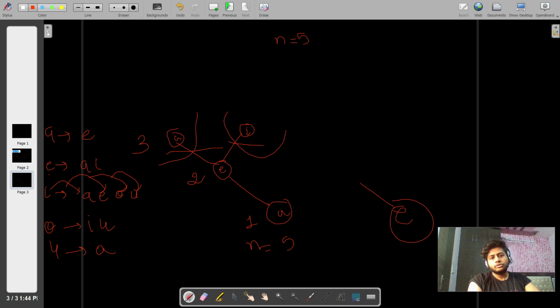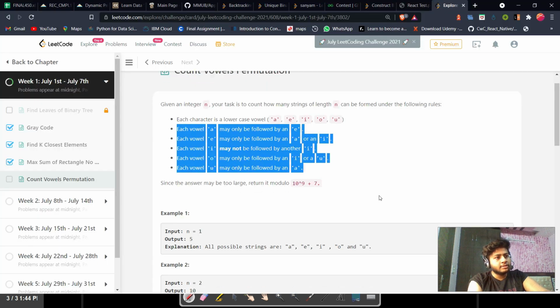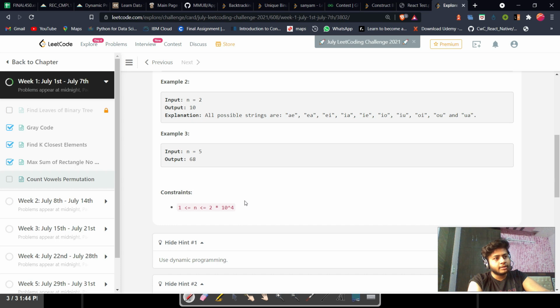Okay, so why are we calculating again and again? There is no use. So we will store it in our hash map or hash table, so that in the recursion we can use it afterward, because you can see there are lots of constraints. Like there is 10 raised to the power 4, its permutation will be 2 into 10 raised to the power 4. So think about it, it is going to become a very large number.